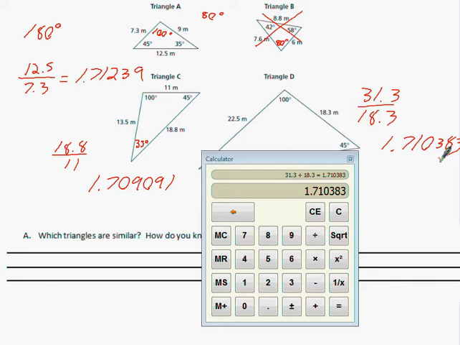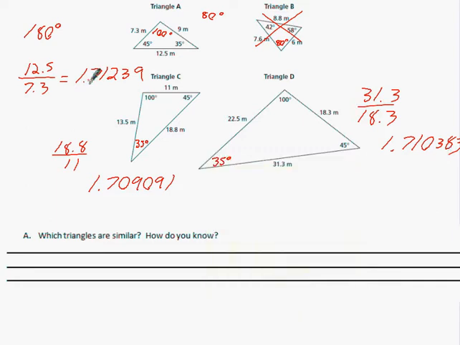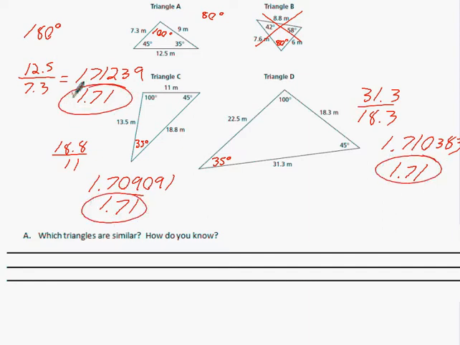However, if we were to round, then they're close enough to the same. 1.71239 rounds to 1.71. 1.709091 rounds to 1.71. 1.710383 rounds to 1.71. All those decimals are the same, so therefore triangle A, C, and D are similar. Which answers number A? A, C, and D are similar